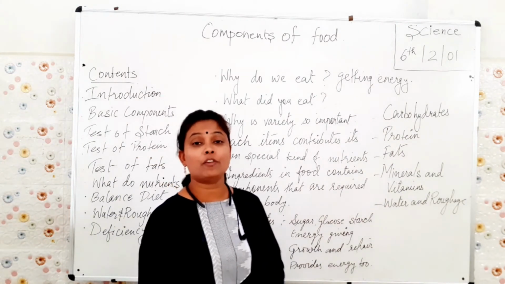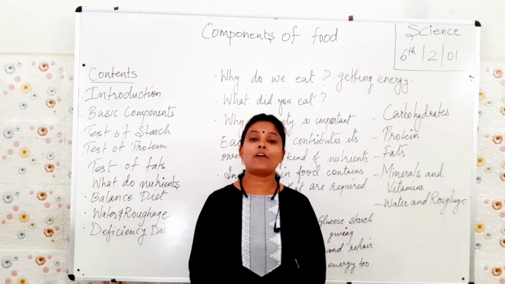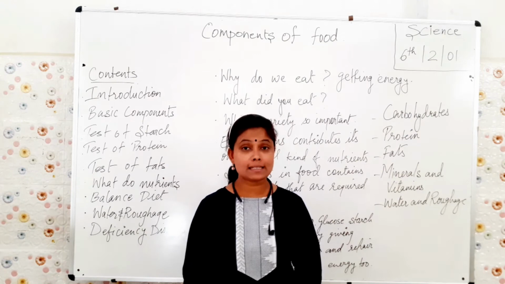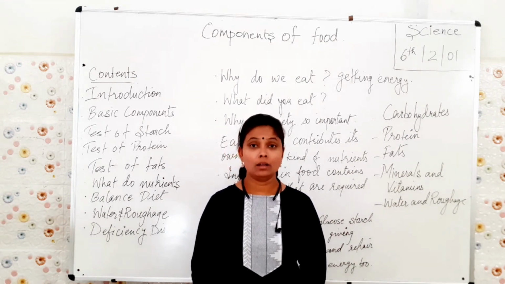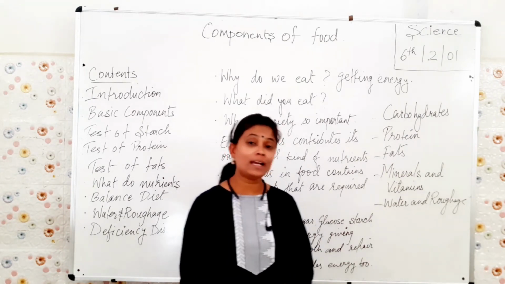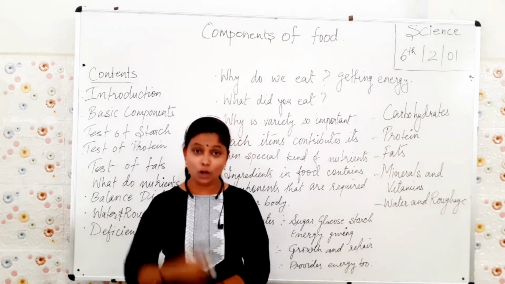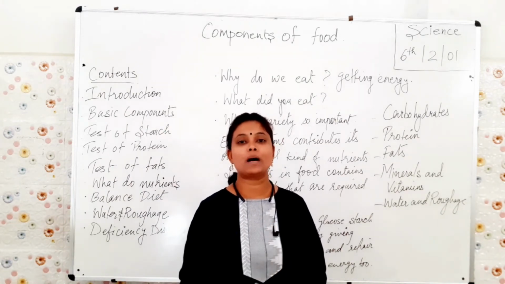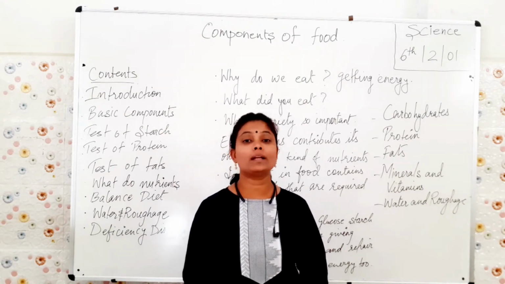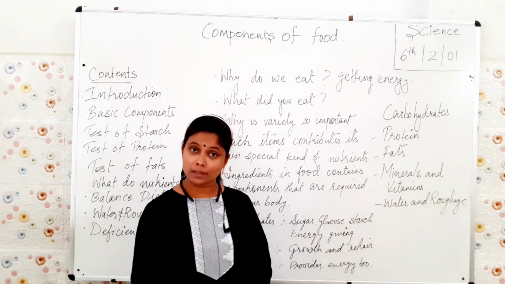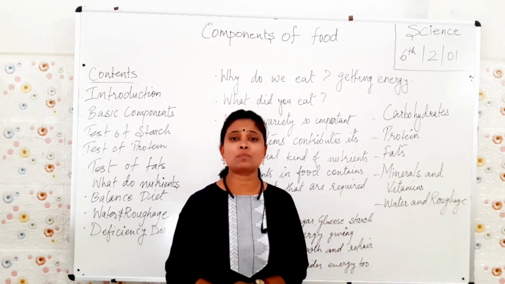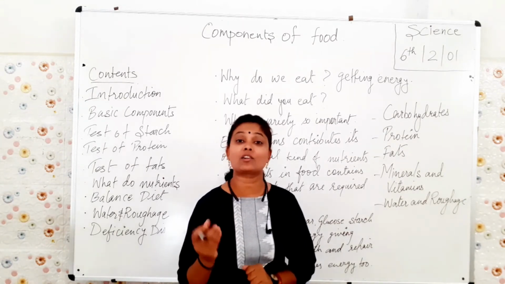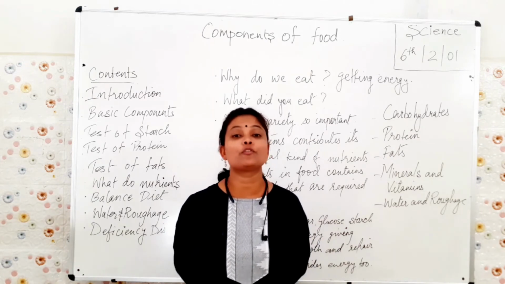Now fat, and where do we get fats from? Fats we get mainly from ghee, cheese, butter, oil. Which type of oil? The oil used in cooking, not preparing your oil. Don't think that. The oil which is used by your mama or your father when they cook in the kitchen. Sometimes people cook the food and heat it up and make it crunchy. That is not good for your health.